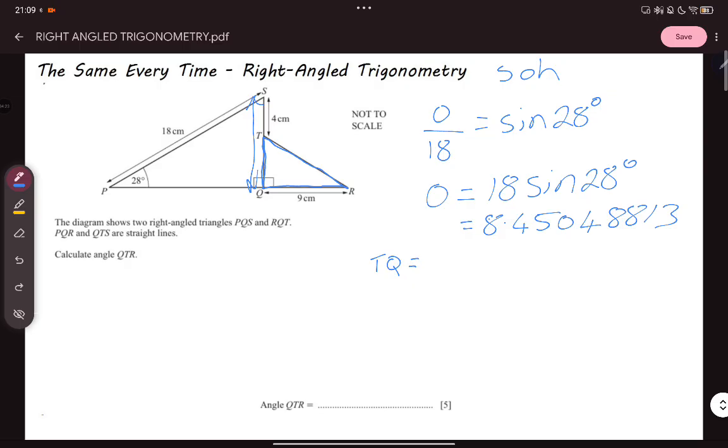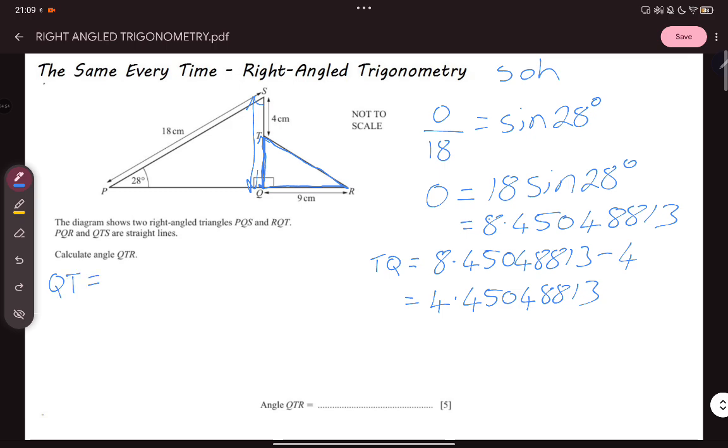If I subtract a 4, that will give me the length from Q to T, or T to Q as I've written down here. So 8.4504813, take away 4. So that's the distance from Q to T. Okay, I'm going to call it QT this time. So Q to T, or T to Q, is going to be 4.4504